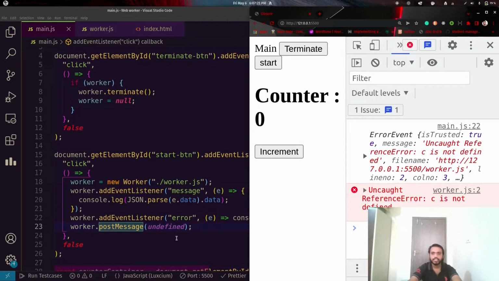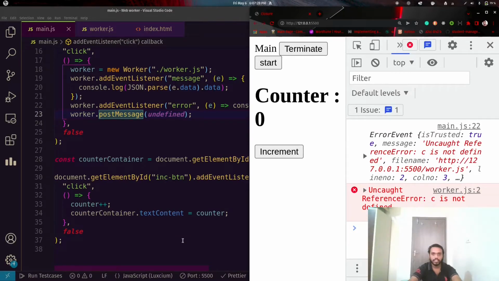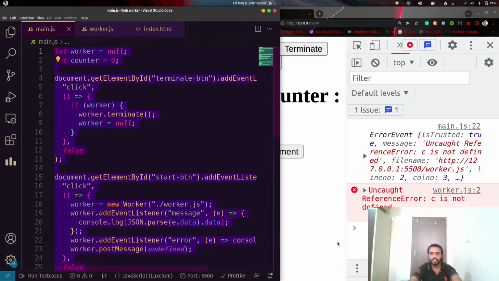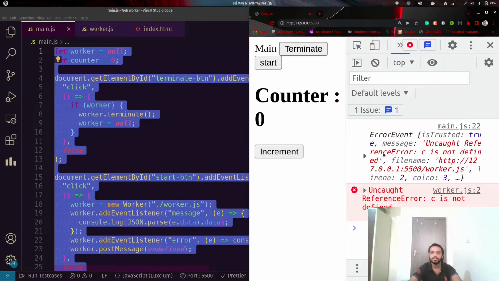So this is just an example of how we can achieve concurrency in JavaScript. Like other languages, Java and C# and many more, we can also achieve multi-threading in JavaScript, and now we can perform some CPU-intensive tasks on the front end which do not affect our UI, as you have seen here that this counter is incremented while the loop is going on and iterating to millions of values. That is quite a high CPU-intensive task.